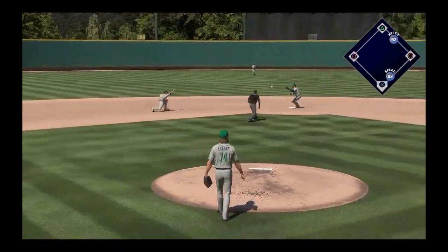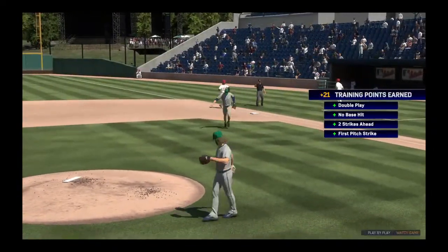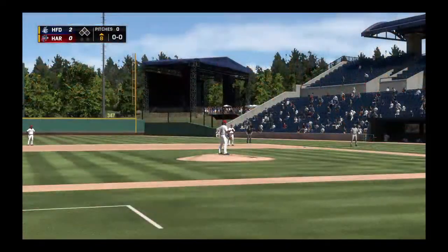Oh, on the ground to short. Could this be 2? On to first, it's a double play. As their woes continue, the inning is over. Ricky Raymond has been summoned from...